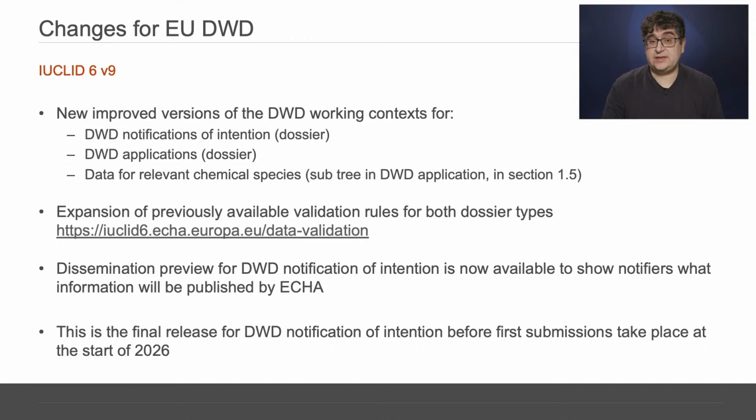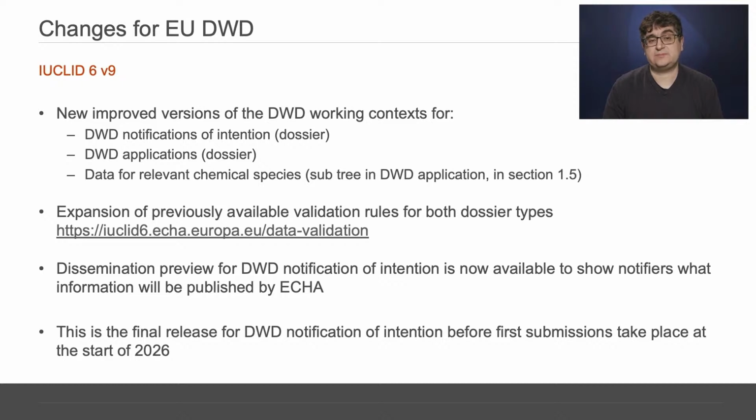The new EUCLID release incorporates new and improved versions of the working context for, first, the Drinking Water Directive notification of intention, second, the Drinking Water Directive application, and third, an additional working context that will allow applicants to generate and submit data for relevant chemical species and then can be added under Section 1.5 of the application under the